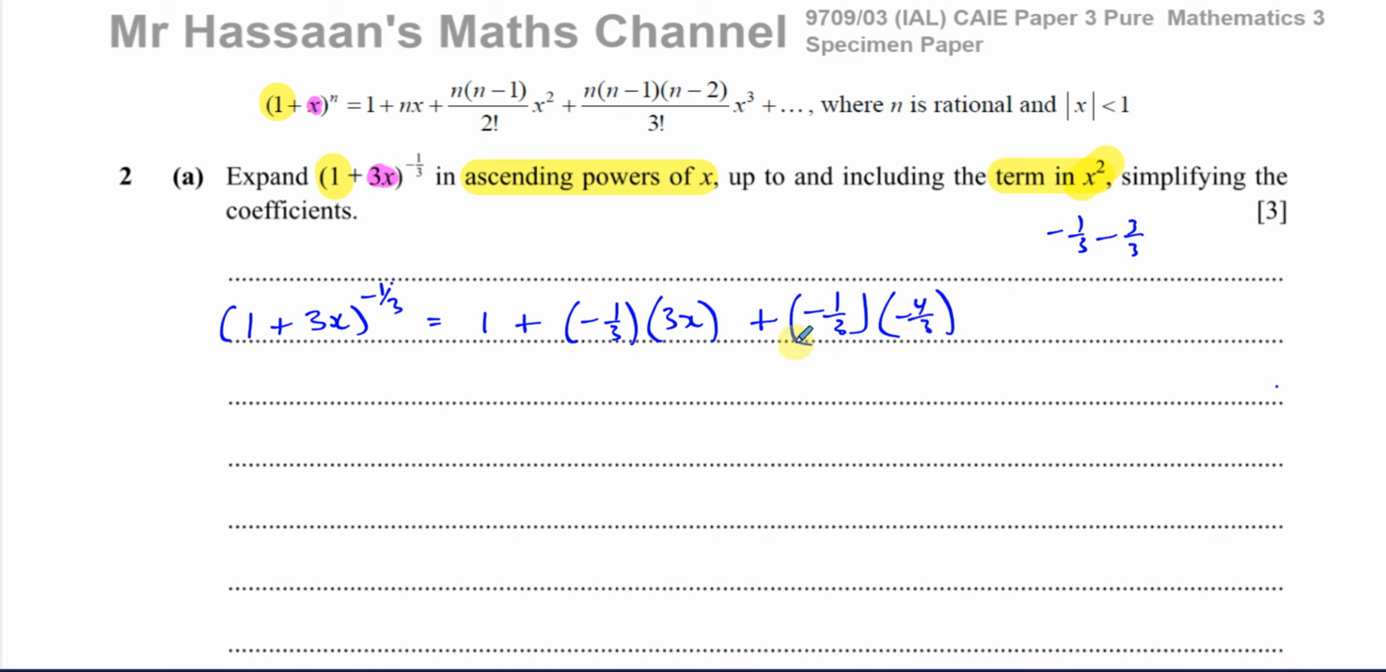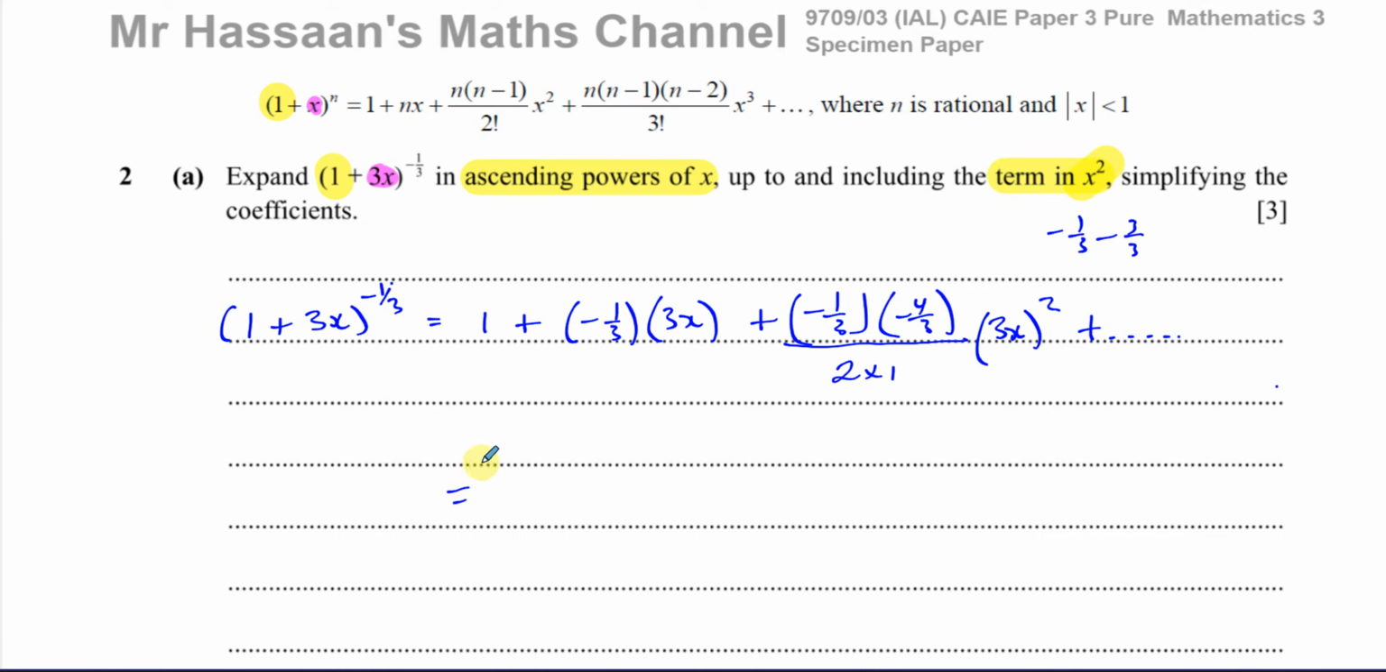Over 2 factorial. Now 2 factorial means 2 times 1. 3 factorial means 3 times 2 times 1. 4 factorial, 4 times 3 times 2 times 1, times x squared. Now x, remember, is our 3x there, squared, plus, and then we stop there. Why? Because the question tells us up to and including the term in x squared. They want us to give the terms here, so we're going to now